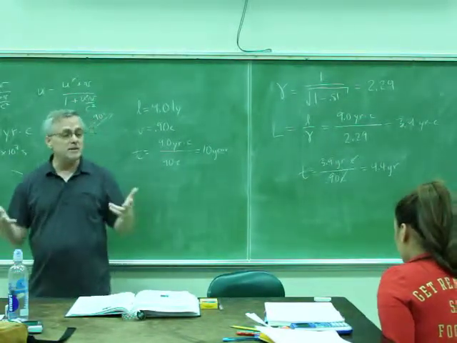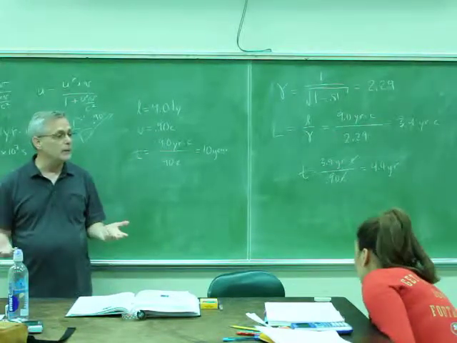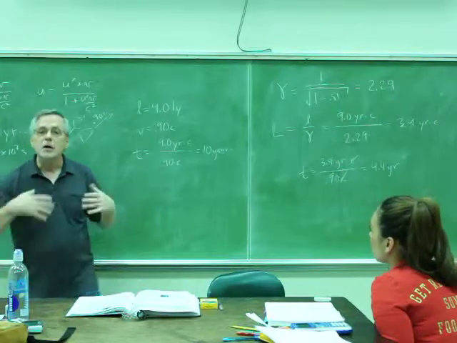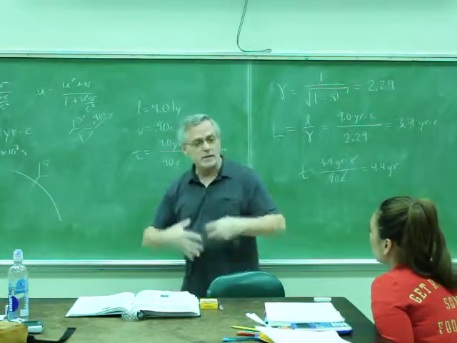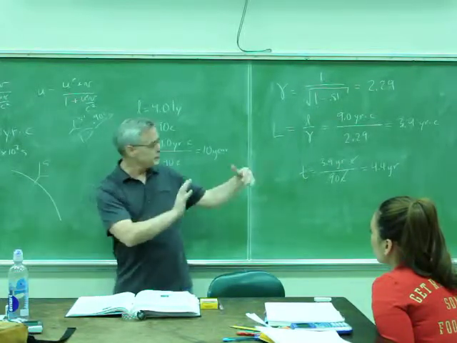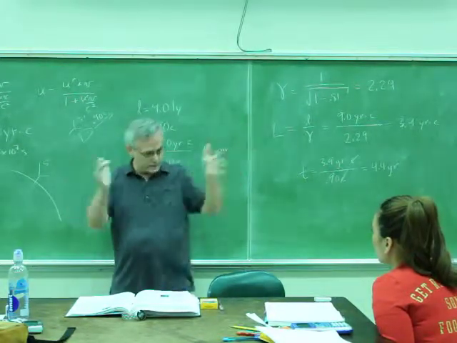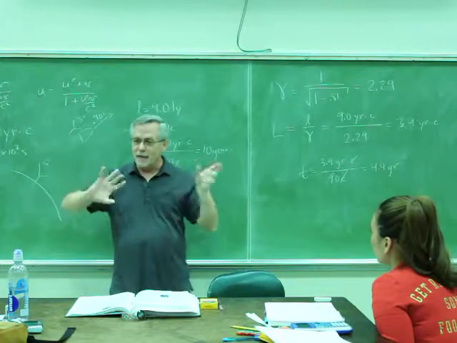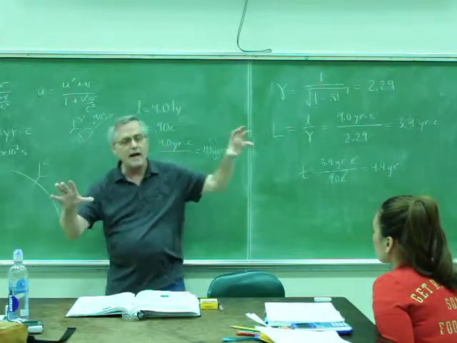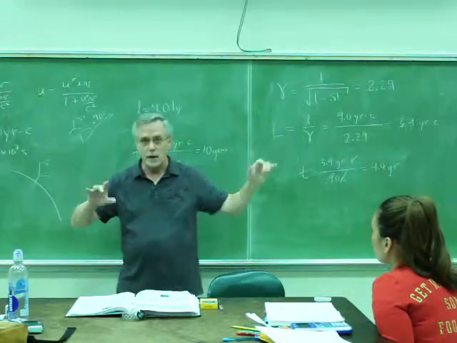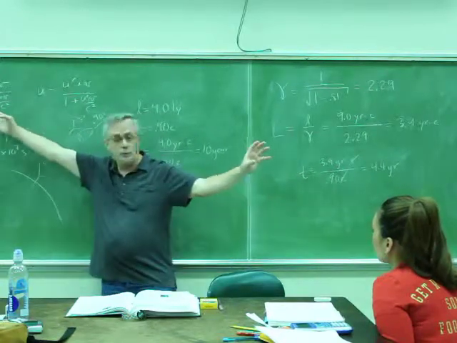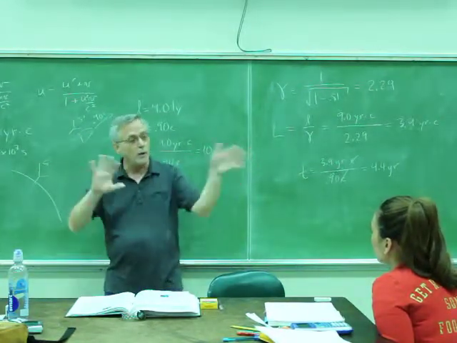And what physical situation makes us need Lorentz equations? When you have some other object inside a frame with motion. In other words, what we've got is an S frame and an S prime frame, and there's one v, a speed at which they separate. But if a u, another velocity within one of those frames takes place, we need the Lorentz to figure out how fast that looks in the other frame. So if I know a u in the S frame, I need these equations to find u prime, how fast it looks from the other frame, or vice versa.